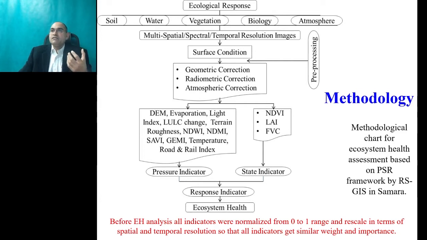These are the steps you know about the basics of remote sensing or DIP, so I will not go into more detail here. Ultimately our target is to get thematic layers from the satellite data. The good thing is that all these parameters can be generated from remote sensing satellites. So I generated DEM, evaporation, light index, LULC, terrain, roughness, temperature and many more, around 15 thematic layers, or